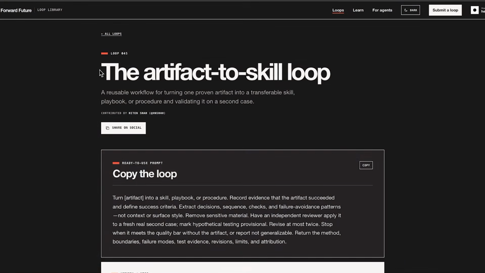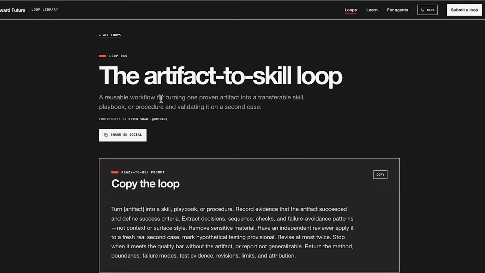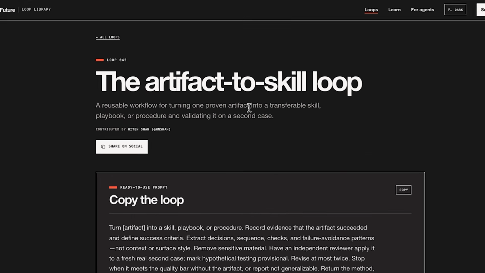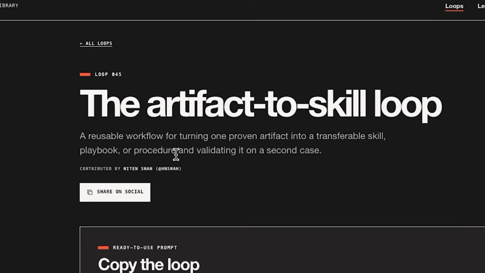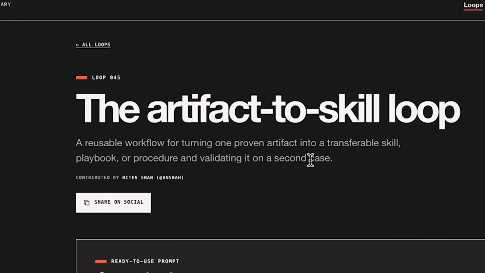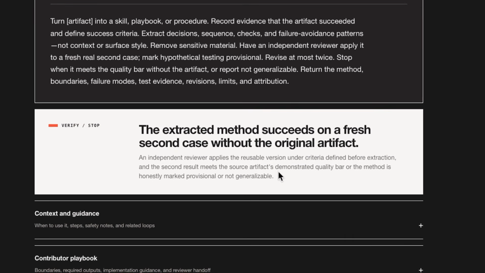Loop number 45, the artifact to skill loop, a reusable workflow for turning one proven artifact into a transferable skill, playbook, or procedure and validating it on a second case. The end state being the extracted method succeeds on a fresh second case without the original artifact.